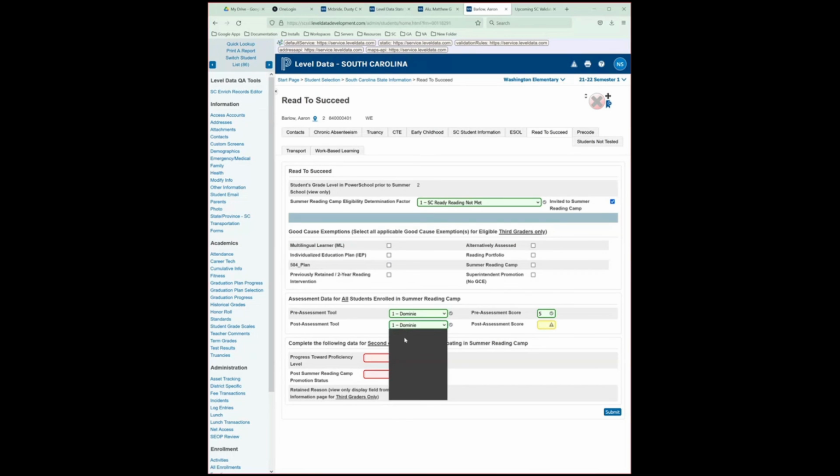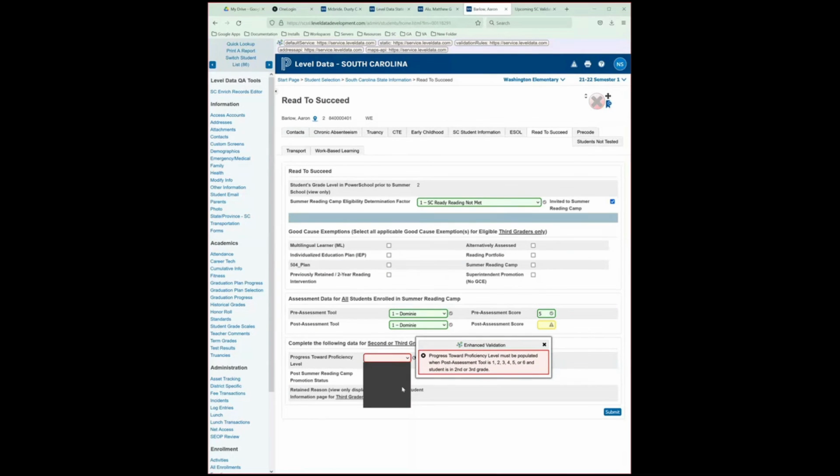You'll notice that once the post-assessment tool had a value in it, these two fields down here at the bottom that are required for second or third graders flagged as an error because our student is in second grade. And you'll notice the warning on that one is if the post-assessment tool is a value of 1 to 6, this field is required if the student is in second or third grade.